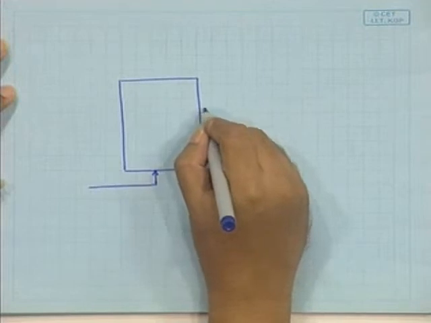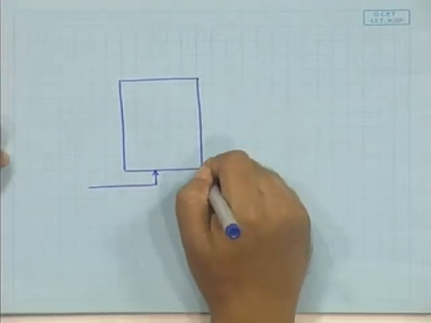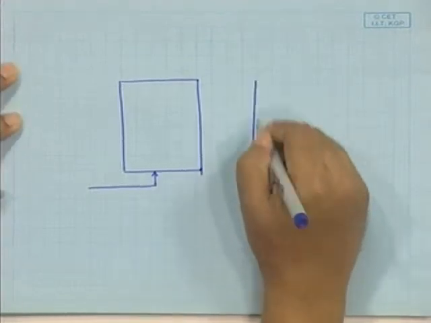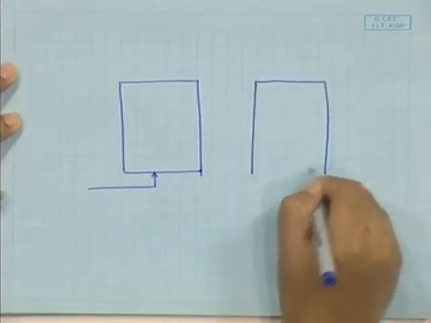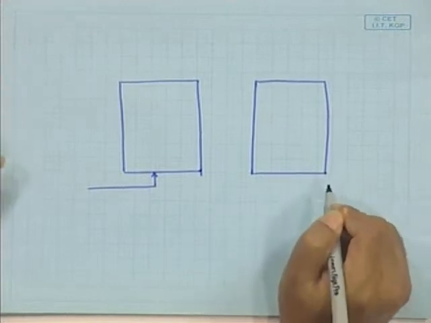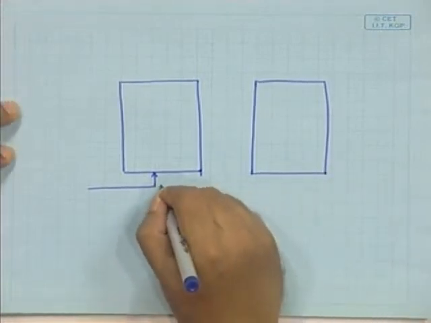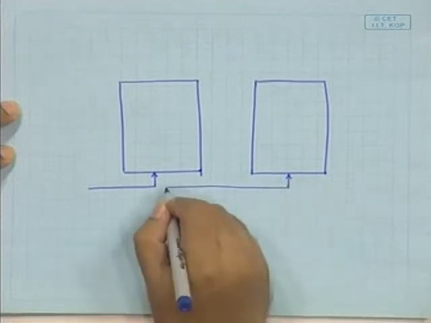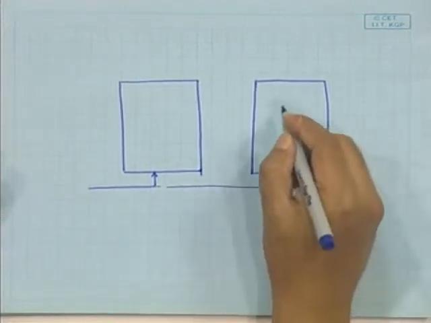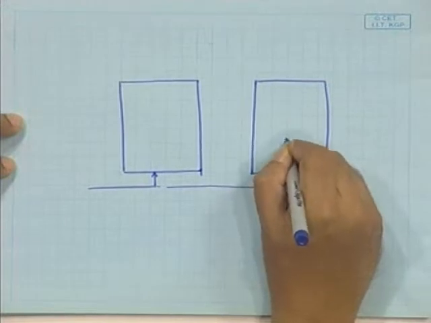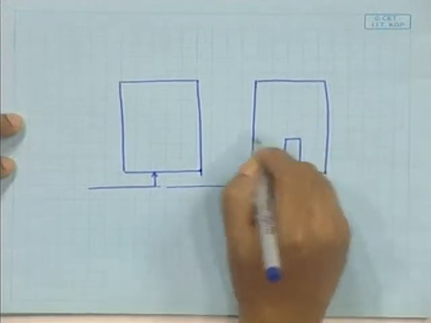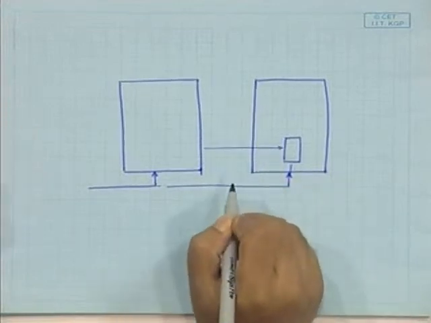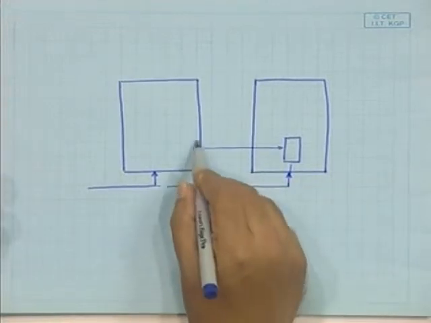Now, the output of this one, right, is going to feed into another block. Now, this one also has some clock. Now, there is a latch here where I want to latch some output of this combinational logic,